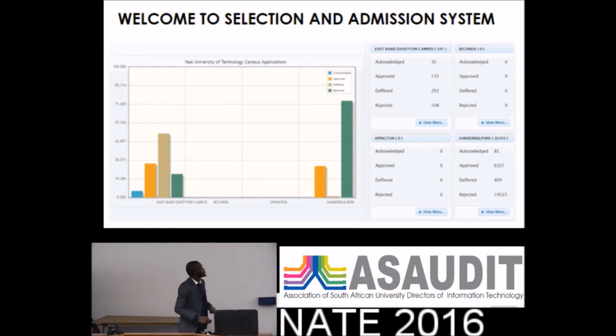If this can show, okay. So from this side, if your institution has numerous campuses, you can have your campuses this side and compare the applications. You can tell by just looking at the system where you have most applicants, which campus has most approved applications from the dashboard itself. On the right, you can have exact numbers of different campuses. I have 4 campuses here. I have Eastern, Secunda, Abington, and Vanderbilt Park. As you can see, Vanderbilt Park here,